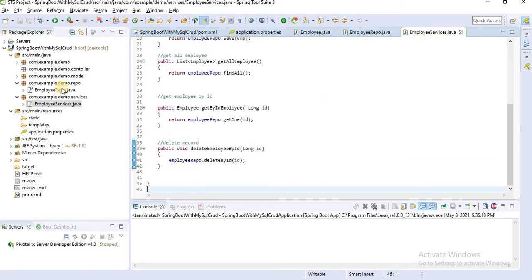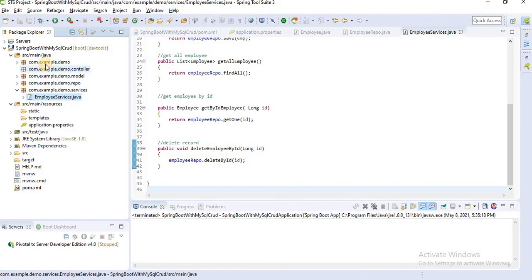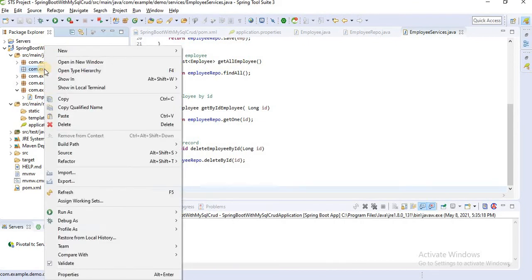Then we have to create one controller. That controller is responsible for communicating between the front end and back end.